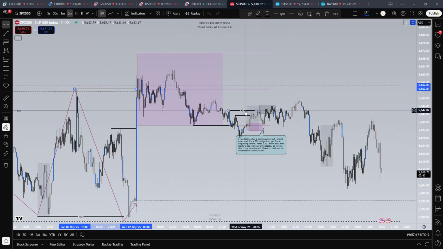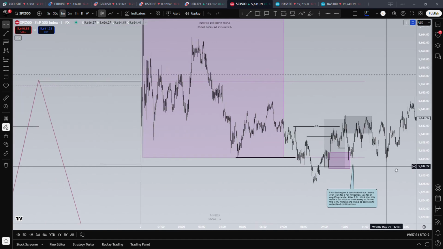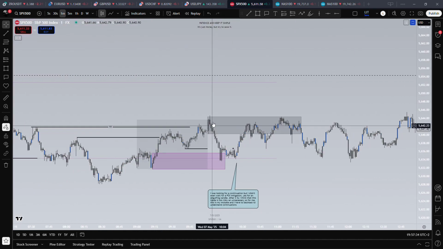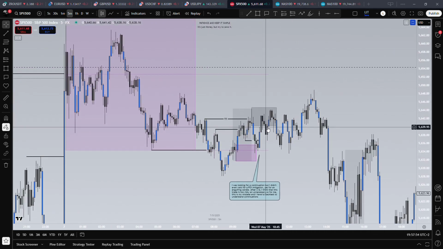Okay, so we had this break, round liquidity taken, break of structure, and here what happened is that I thought this was an SMT, and I didn't wait for my confirmations. Okay, so when I saw on M1 this price action without strong candles and everything, I just saw this candle here and I entered, thinking that it would never come back. But yeah, it came back. This was a stop loss. I was frustrated and I didn't enter anymore.